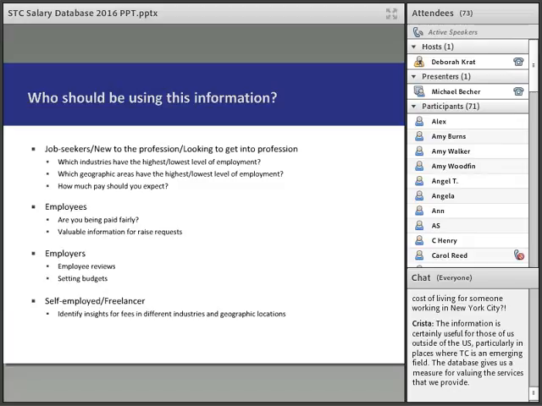And then lastly, if you're self-employed or a freelancer, while the data is not collected specifically on self-employed individuals, you can use it as a way to gauge what you should be offering on your fees. So if a company comes to you and says, we want you to do this work as a freelancer, you know where they're from, you know the industry they're in, so you could probably identify what it would cost them to get a person locally to do that same job. And now you're able to work with your pricing a little bit better, with more knowledge, to put out a proposal that would at least be more competitive than without this information.